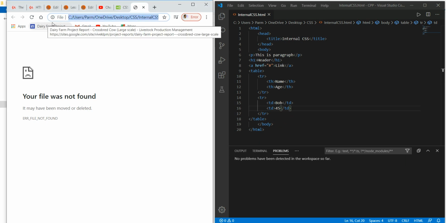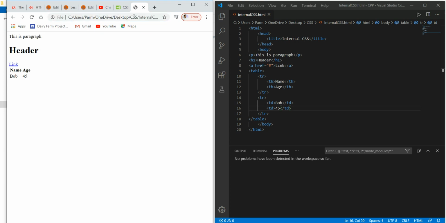Open this file in the browser, say Google Chrome. Now you see this is the paragraph, then the header, then the link, then the table with the two heads, name and age, and under the heads the values Bob and 45.